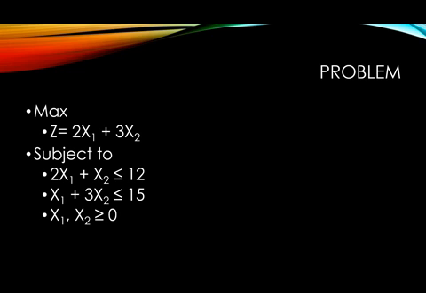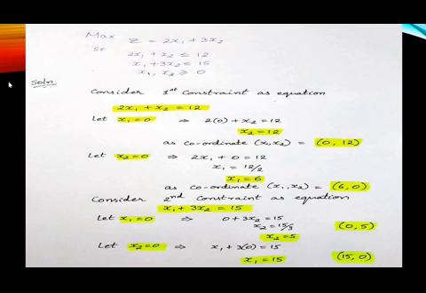So the problem that I consider is max z is equal to 2x1 plus 3x2 subject to the constraints 2x1 plus x2 less than equal to 12, x1 plus 3x2 less than equal to 15, and the non-negativity constraint x1 comma x2 greater than equal to 0. This is the given problem. So once this problem is given, what are we supposed to do? Once the problem is given, we have written down the problem. Now what we are supposed to do is,